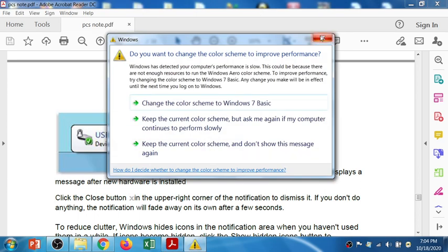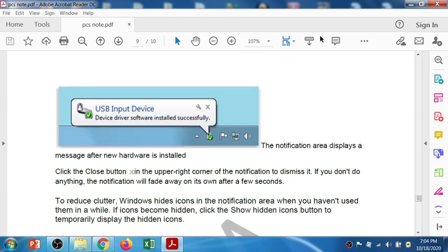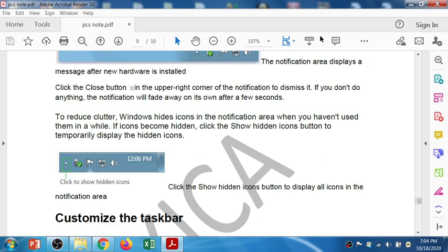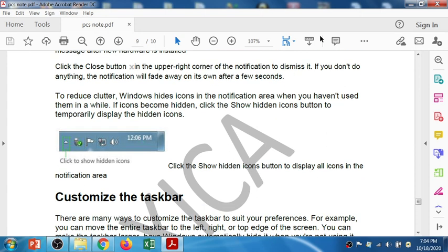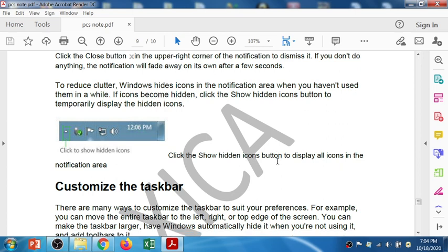So this is the notification message. There is also an icon to show hidden icons; click the show hidden icons button to display all the icons in the notification area.